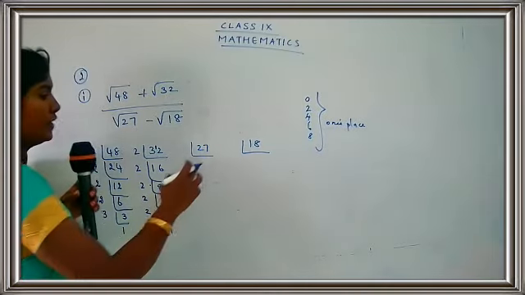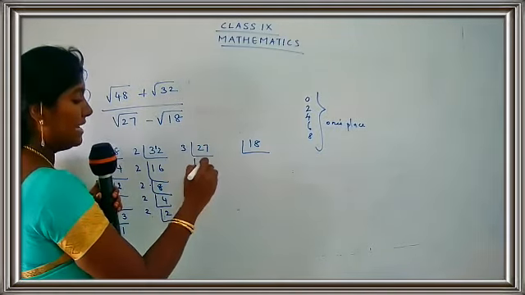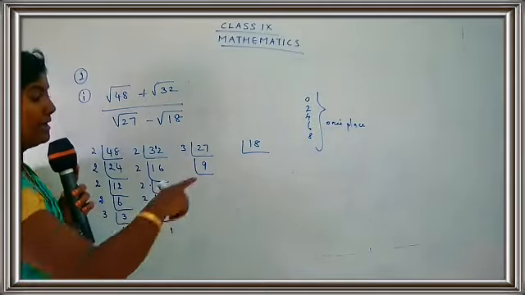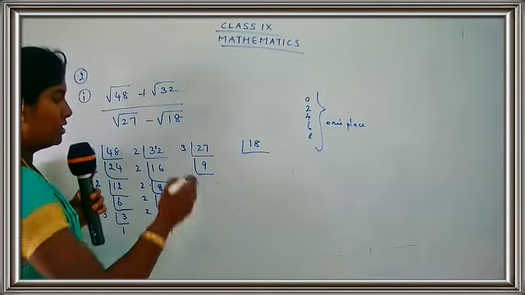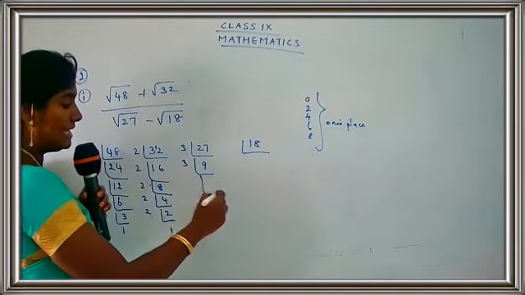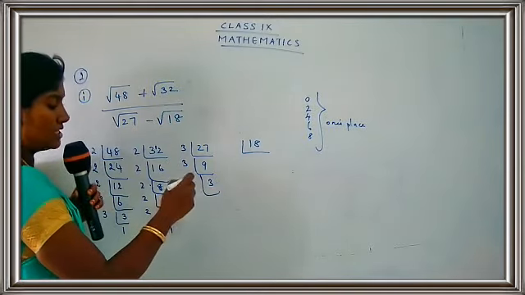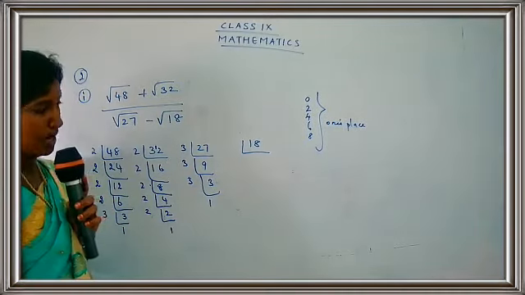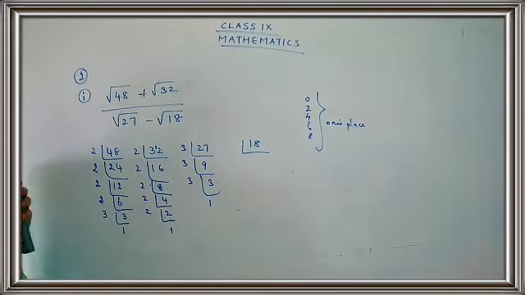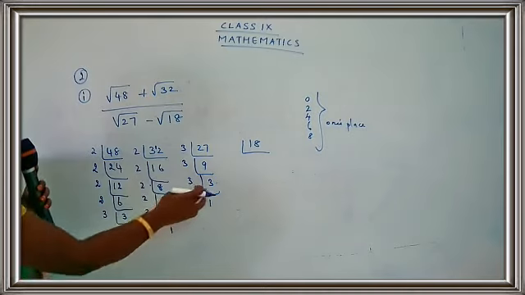So I am just going to divide 27 by 3. 3 nines are 27. 9 is divisible by 3, so you get here 3. 3 threes are 9. 3 goes in the table of 3, so you get here 1. So 3 nines are 27, 3 threes are 9 and 3 ones are 3.